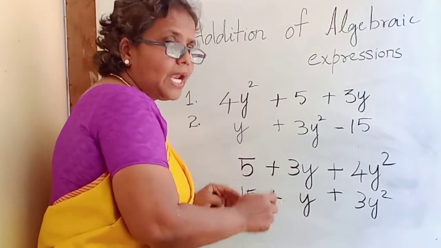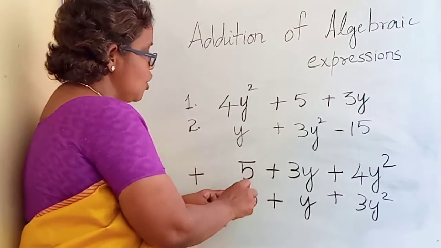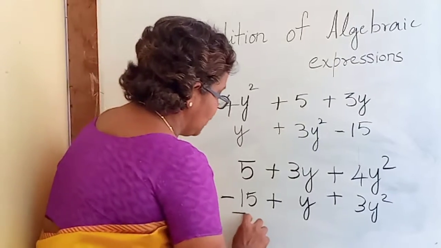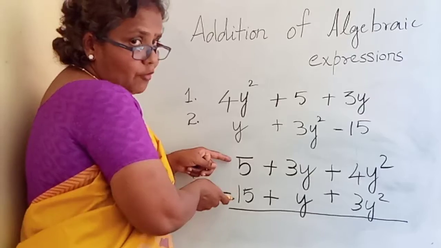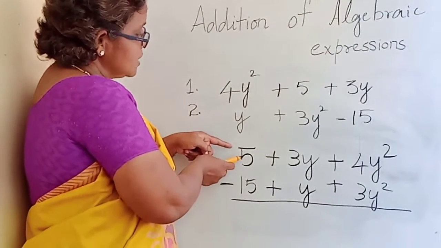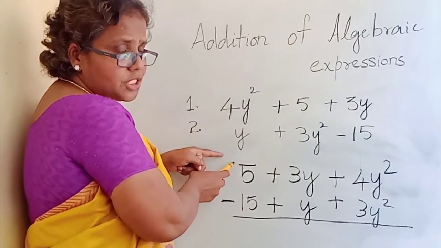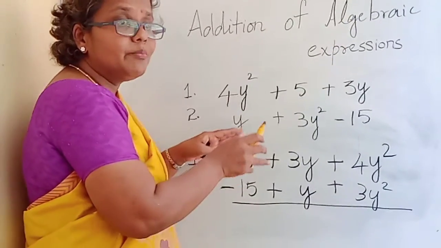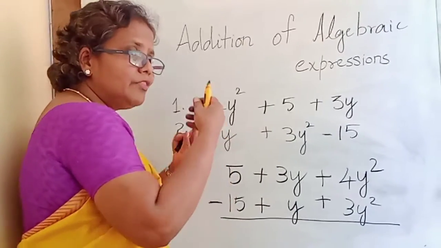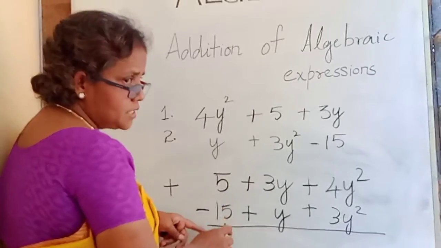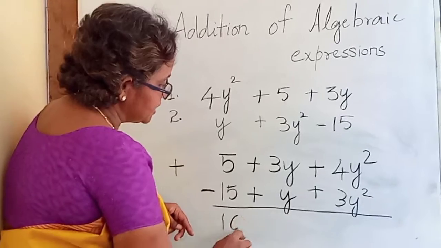Now, I can perform an addition operation. So, I am going to perform an addition operation on these two algebraic equations. So, when you perform an addition operation, we have already seen this rule. Okay, this is a positive term, this is a negative term. When a positive term and a negative term arises, both of them clash, both of them fight. So, they fight together and they lose something. So, what will be the answer? 15 and 5 minus 5 you'll be getting 10.